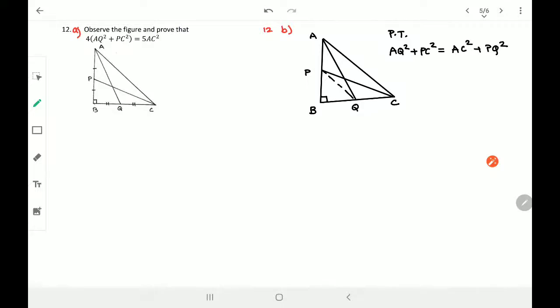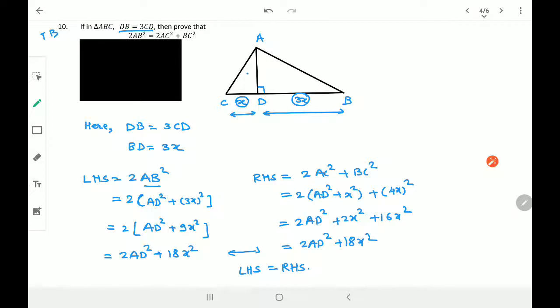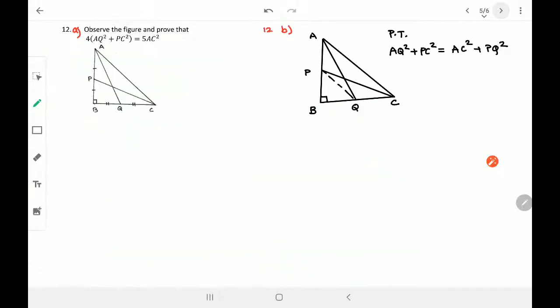Okay, next one. You also can solve one by one with me. Okay, so don't watch the complete video and then start solving. These are not those kind of questions where you can directly solve it. Okay, so you have to solve with me one by one. Okay, let's go for the next one.